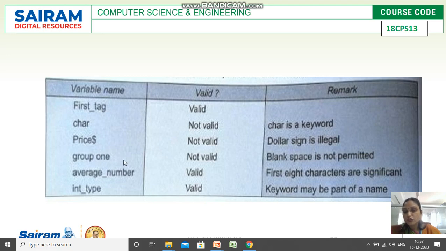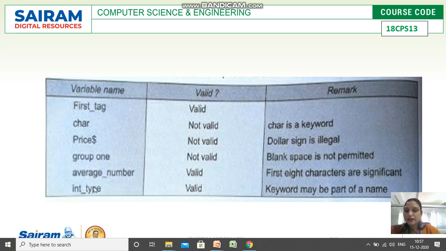Group 1, with a space between group and 1, is also not valid because spaces are not allowed. We are not including any spaces in our variable names. Average underscore number is a valid variable name as it includes the underscore and letters.